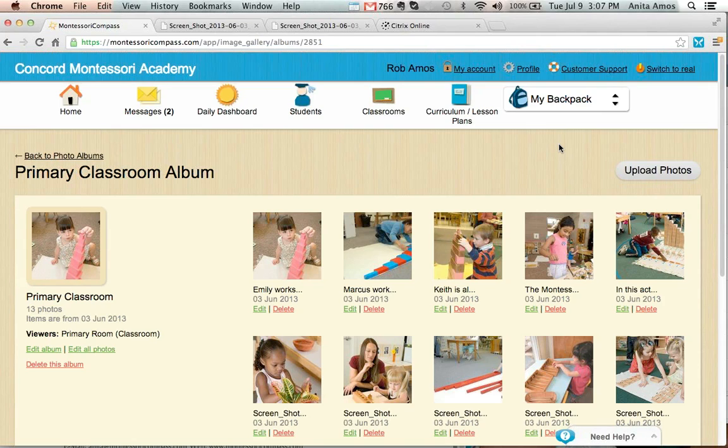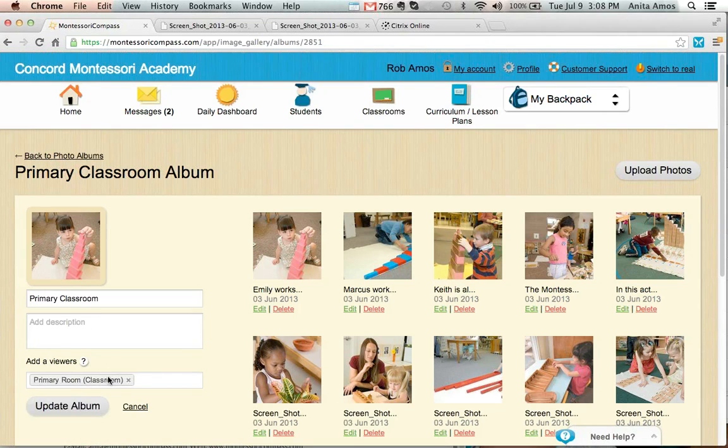So we're getting more technical questions like, when sharing photos, can you exclude certain photos from a class for inclusion? And I assume that you can. You can decide which ones you're going to share, right? So yeah, it's all based on the permissions. If I go into Edit Album, if I just want my primary classroom to see it, I choose that. If I want my toddler program to see it, I select that. I can multi-select. Maybe I want my toddler and my infant program to see these photos. It's whoever you want to be able to see something. Exactly the same as messaging, exactly the same as calendar. It all works identically.